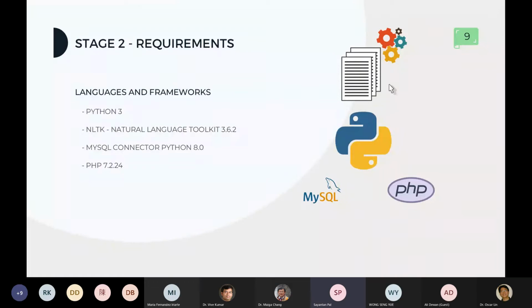Now I'm going to talk about the things which are required for stage 2. Stage 2 is mainly the backend section. In the backend, we are processing each of those documents. What is the meaning of process? By process, I mean that from those chunks of text, we are taking the things which we want. For example, we want the sentence, we want a specific n-gram. What these things are, I'll be showing one by one in the slides.